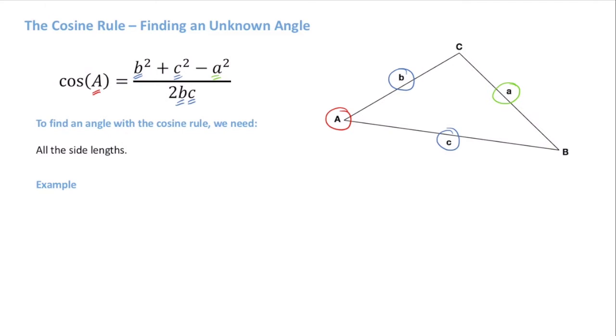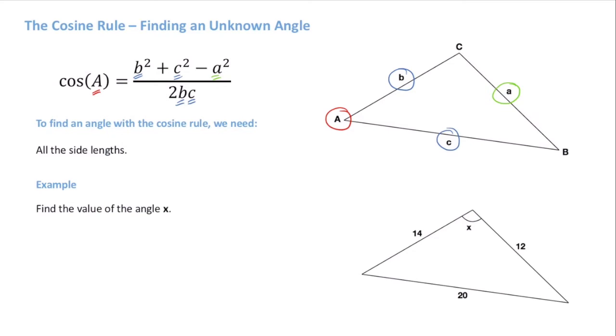Consider the triangle shown here, and we are asked to find the value of the angle x. Well, looking at this triangle, it's quite clear that we have all 3 side lengths of the triangle. We don't have any other angle inside the triangle, so we definitely can't use the sine rule. But using the cosine rule, we can go right ahead and state that cosine of x equals